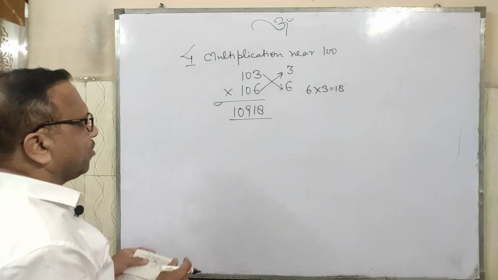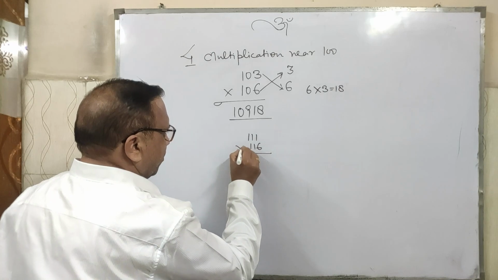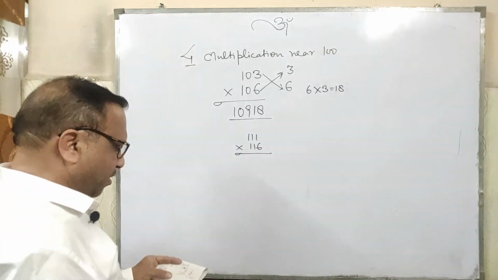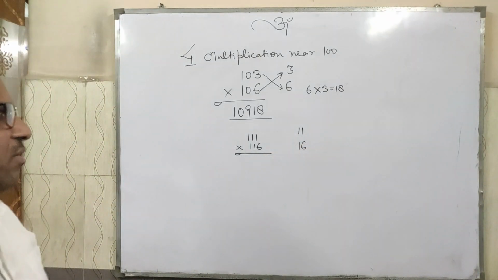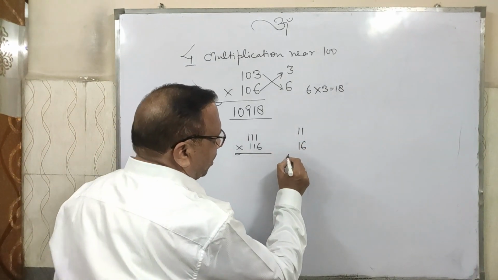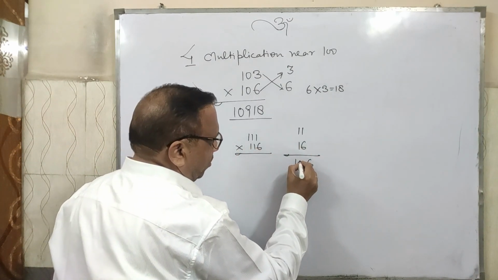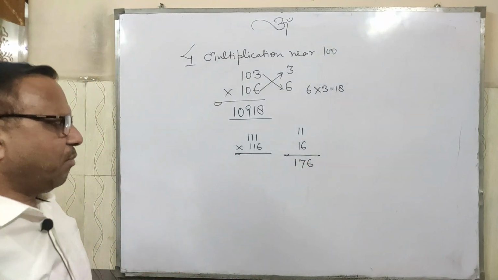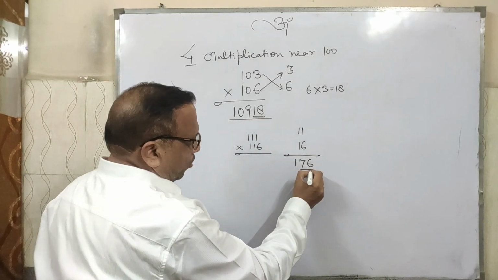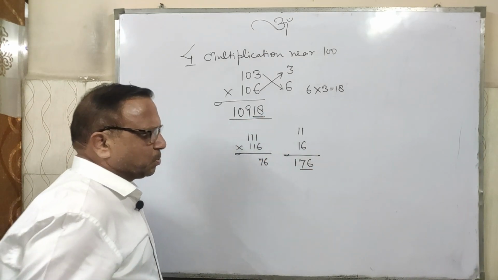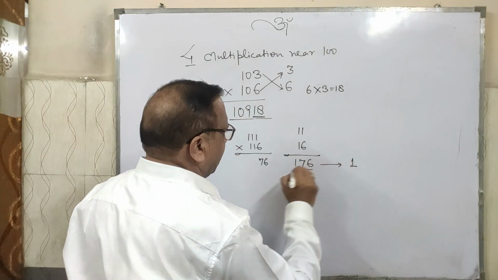Is it okay? Suppose we have to multiply 111 with 116. इससे multiply करना है बेटा. Is it right? So what is the difference? 11 and 16. Is it okay? You multiply it. 16 11 जा 176. But we can write only 2 digits. हम यहाँ 2 digit लिख सकते हैं ना बेटा? We write 2 digits, 76. Is it clear? तो carry 1 को हमें carry करना है.